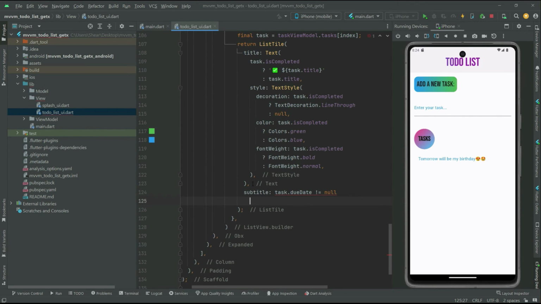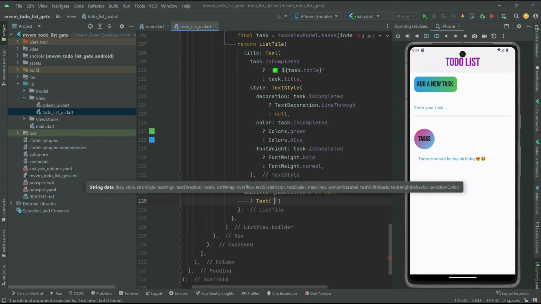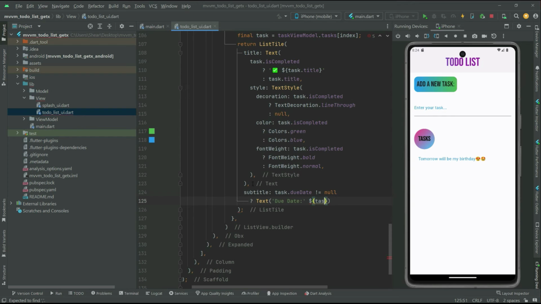If that's not going to be equal to null, right in here the conditional operator if. So we'll show the text widget over here, and right in it I'll say due date. And now let's just get that. So we'll say task dot due date is going to be right inside the string. Let me just cut that from here